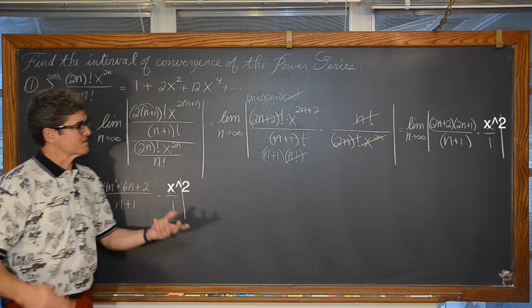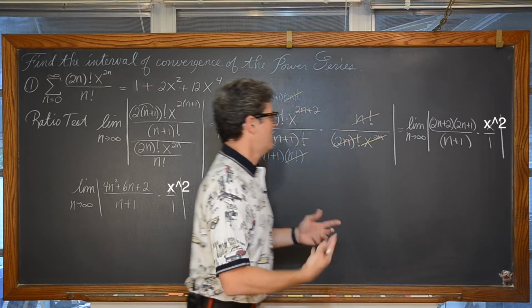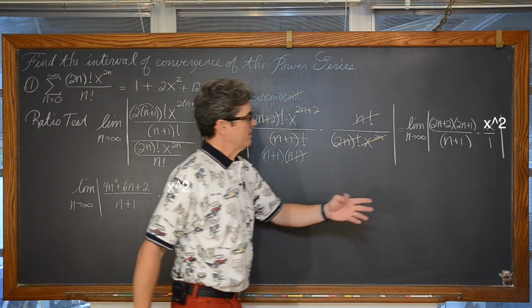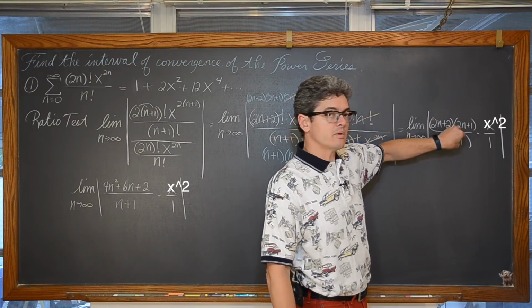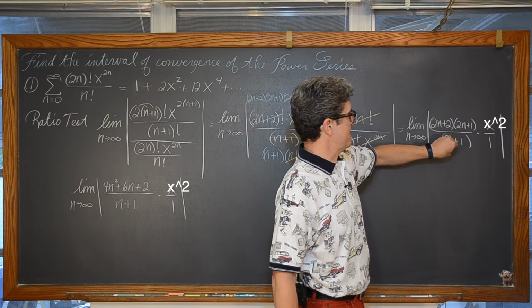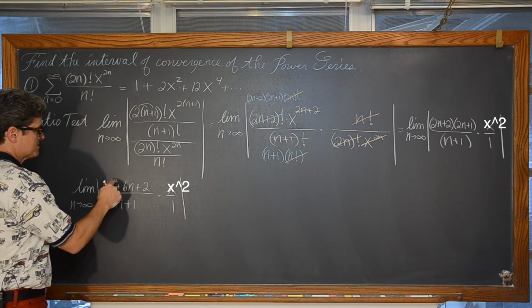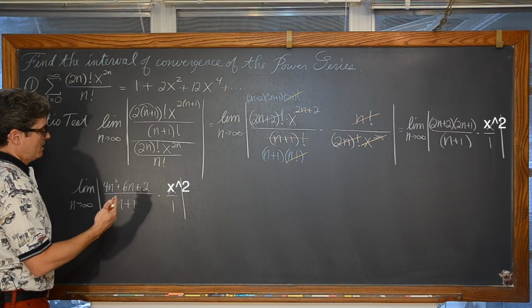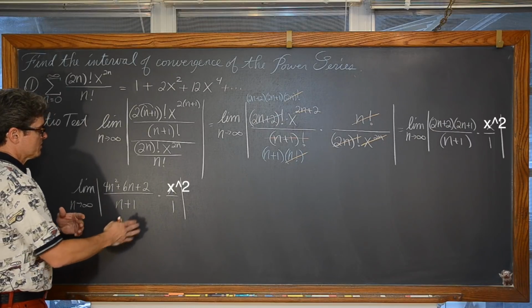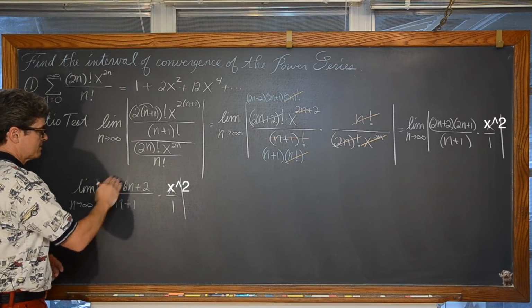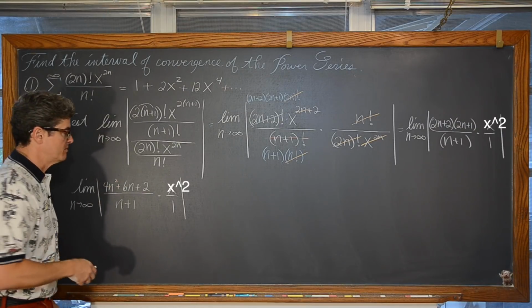Okay, I don't know why I took the time to actually distribute this out for the numerator, because it's not really truly necessary. When we let n go to infinity, the only thing that's going to control the limit of this first factor is the leading term. But at any rate, we have 4n squared over n. Now, L'Hopital's rule, or dividing the numerator and denominator by n, whatever it takes, we can see that the limit here of our first factor is going to be infinity